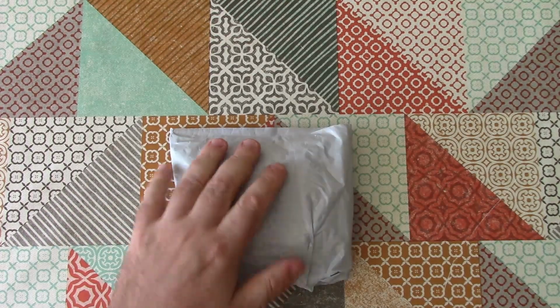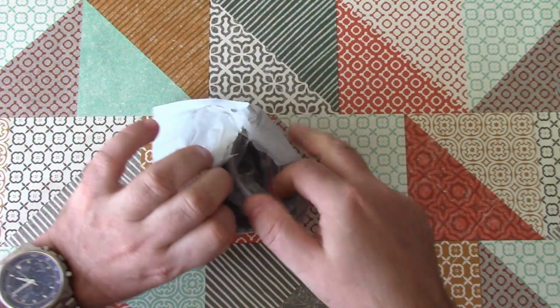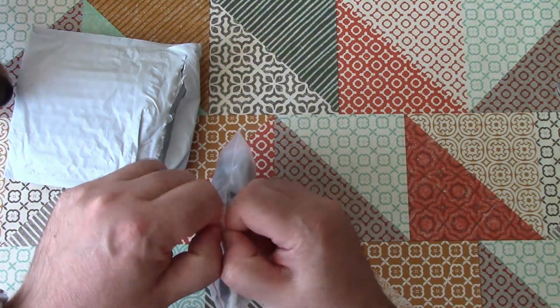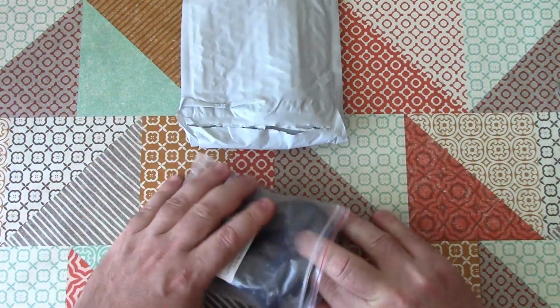Okay, postbag time. This little package has arrived in the post today. I do know what's inside there. This is from wish.com and it's a chainsaw, but not a petrol chainsaw. It's a